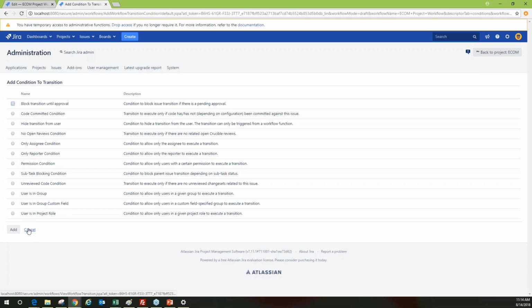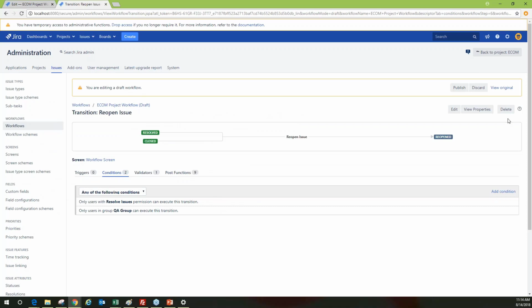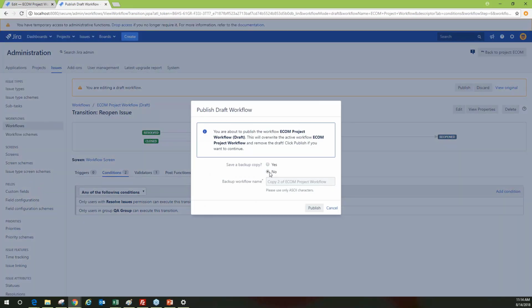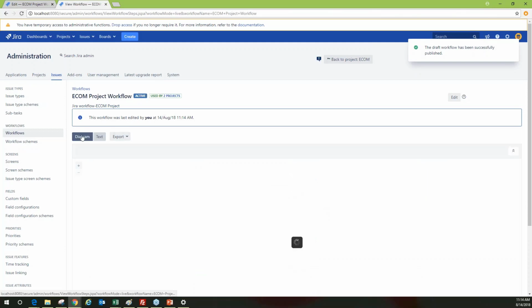Once you are done with the changes, you can publish the changes and you will see the impact. In a similar manner, you can either discard or publish the changes from here. It would ask to make a copy of it. Going back,